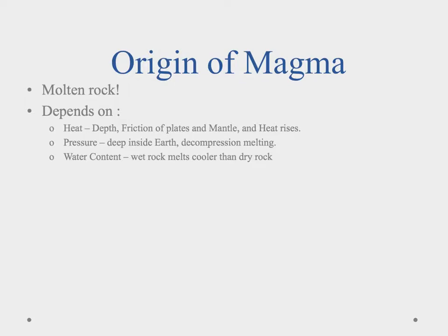Now, to melt rock, it requires a couple things: heat, pressure, and water content. To melt rock, we require a lot of heat, and we can get heat from depth. The deeper you go into the earth, the warmer it gets, but it doesn't get hot enough to melt rock. So we have to add additional sources of heat, and the additional sources of heat come from the friction of